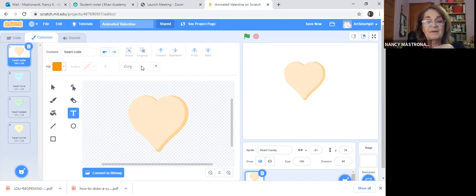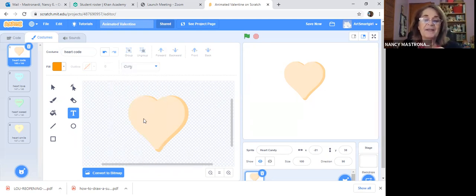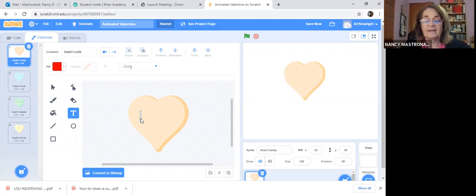And up here, I should mention that you can alter your text right here. There's some different choices. Chinese. I think I'll skip that. I'm going to go with curly because it seems like a flowery Valentine's Day kind of text. And right now my text is going to be in gold. So I'm going to pick something else. Let's say maybe I'm going to try red for this one and click on the heart. And then I'm going to put,